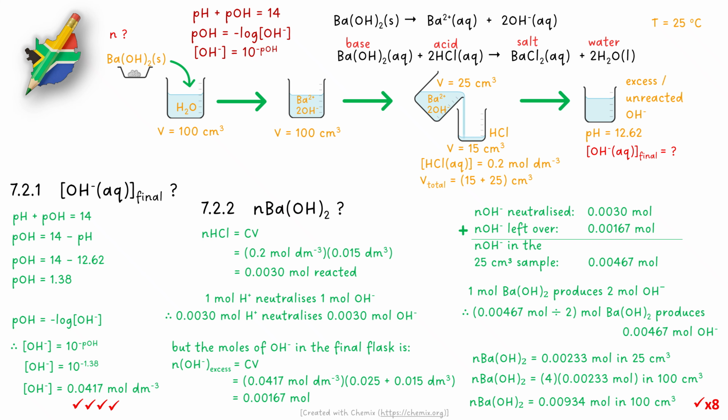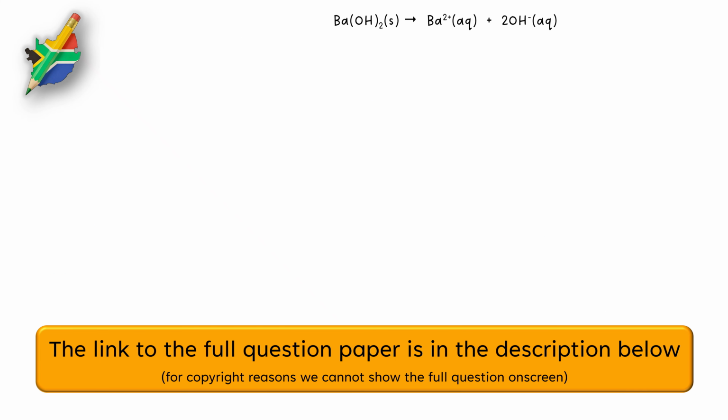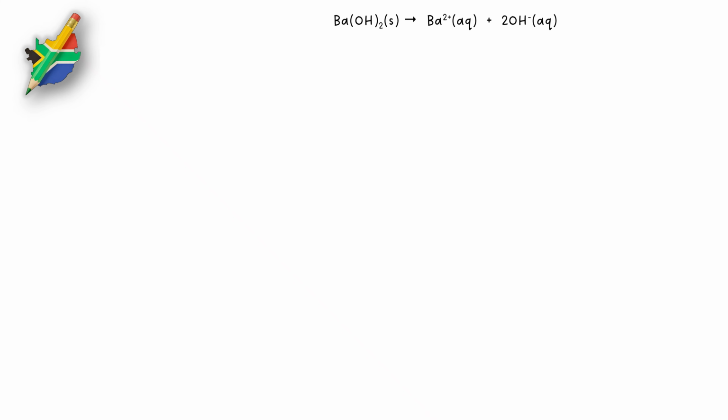Question 7.2. We are given an equation showing how solid barium hydroxide dissolves in water into its ions. We are told the volume of water is 100 centimeters cubed and the temperature is 25 degrees Celsius. The amount of barium hydroxide dissolved in the water is unknown, so we don't know the moles of barium hydroxide